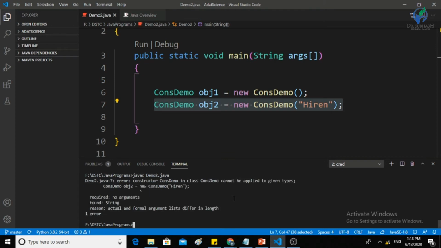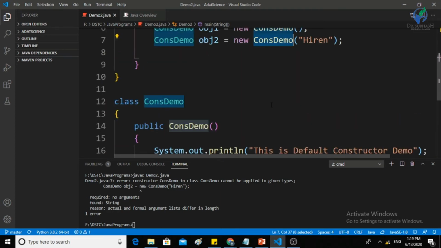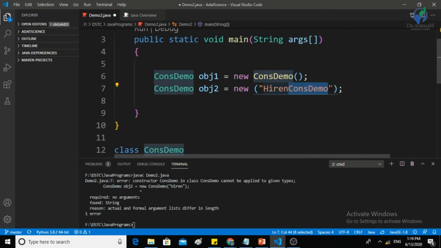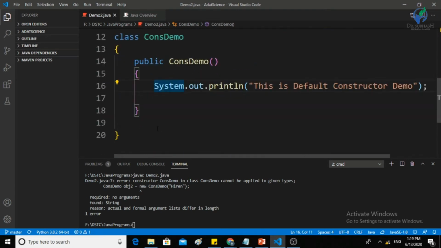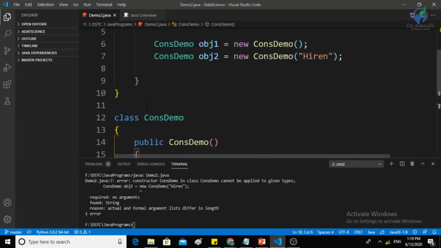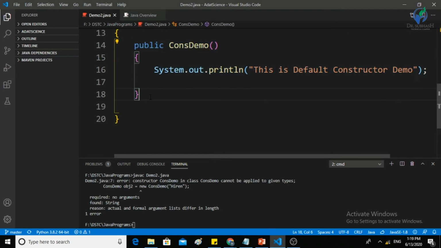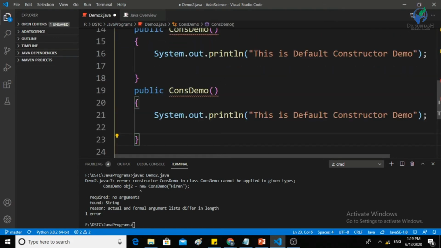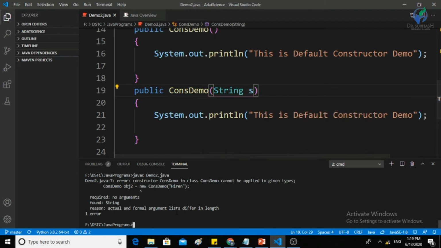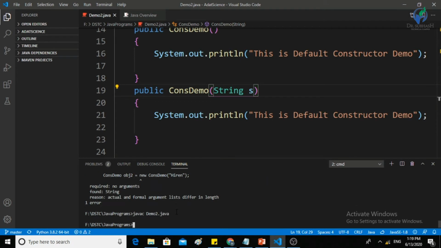Yes, it will throw a compile time error. So that rule applies only to the default constructor. For the parameterized constructor, if you are calling it and you are not defining it, you will get a compile time error. But the reverse is not true. If you are not calling the parameterized constructor but you have defined it, you will not get a compile time error. Let's compile this code again. Yes, it compiles successfully. So these are the rules.